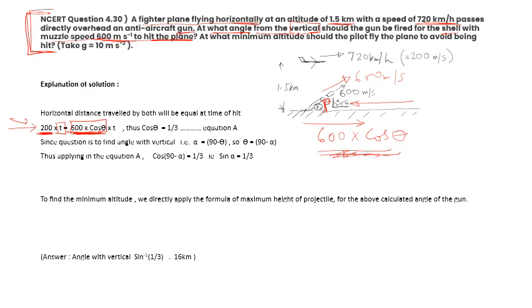And that's what we are writing in this equation on the left hand side. That 600 into cos theta into t will be the same distance traveled as that traveled by the plane in the horizontal direction. Now with this equation we directly get the angle of the shell, because if we know cos theta we will know the angle. So using this equation we get cos theta equal to so much. Just to come back to the figure,